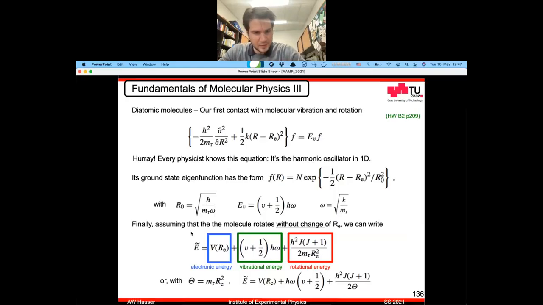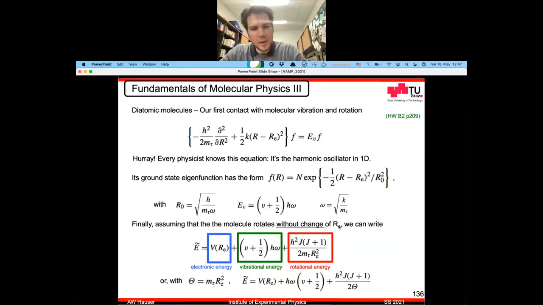So this is coded in this omega, because omega is the square root of k over m, with k denoting the actual curvature, so the second derivative with respect to a variation in r. And the last term was this energy contribution that stems from the rotation that the molecule can perform. And we can classify it with respect to the quantum number J, which tells us the angular momentum of rotation